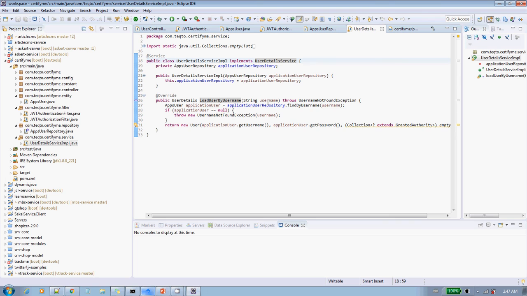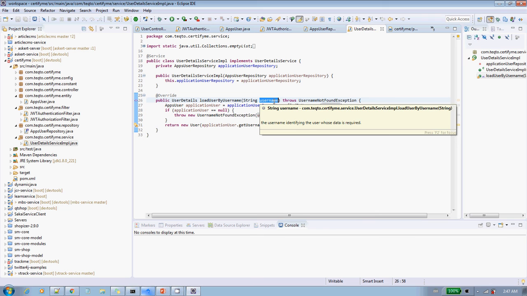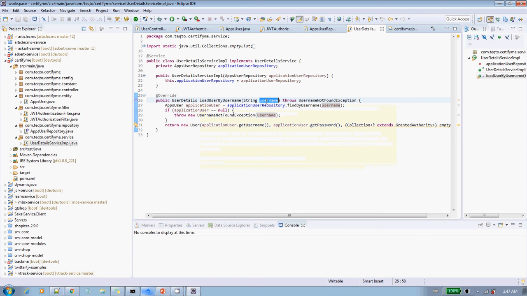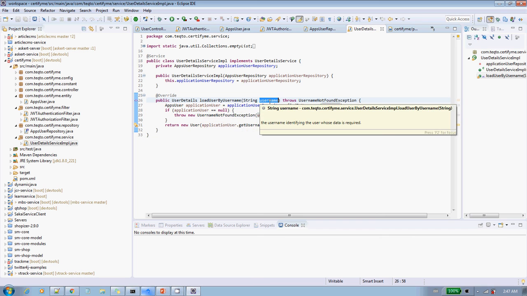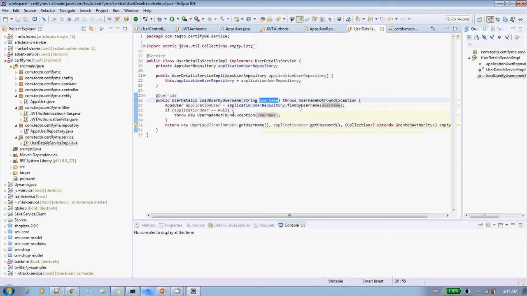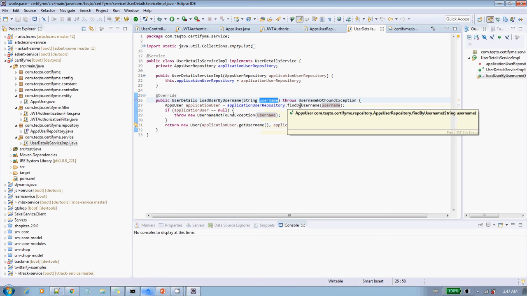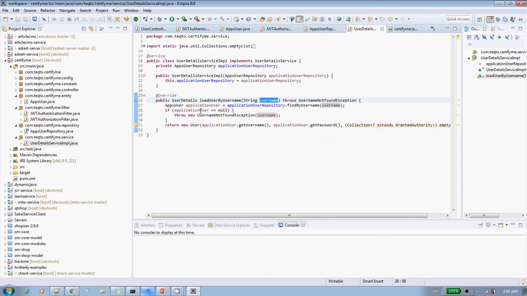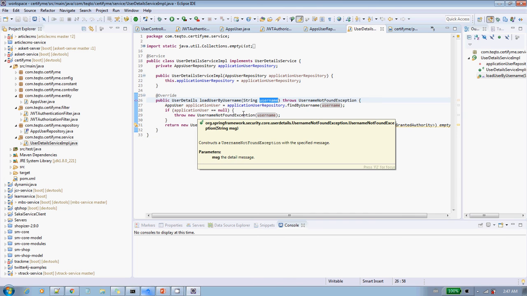Suppose the user is valid now, we know by the token that the user is valid. We'll try to get that user from the username. We created a repository earlier, and in the repository we have a method to find by username. It will try to get the user, and if the result is null, it means it's not valid, and it's going to respond like that.